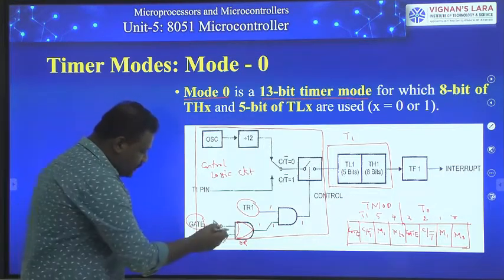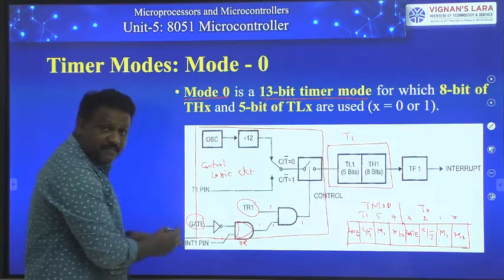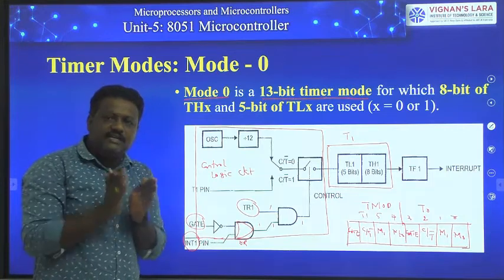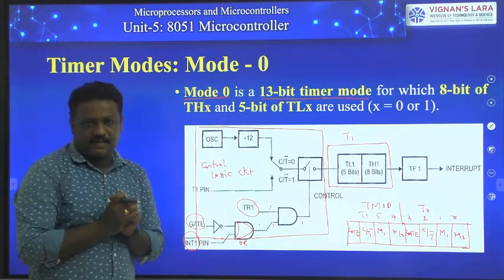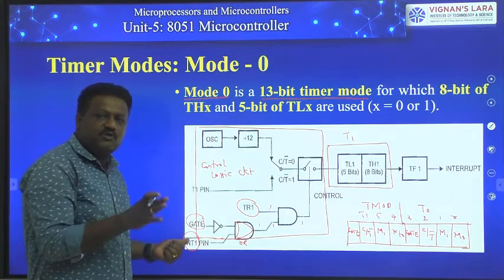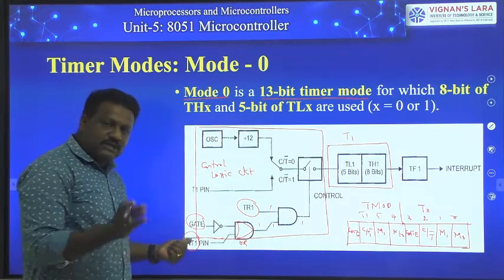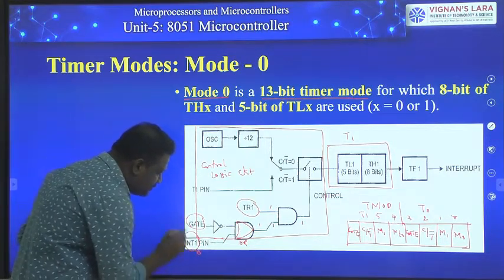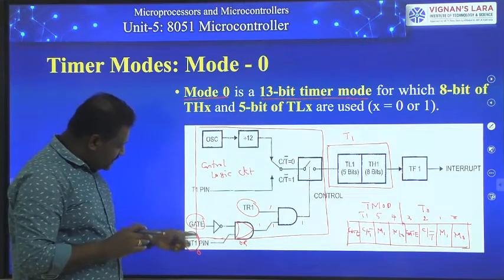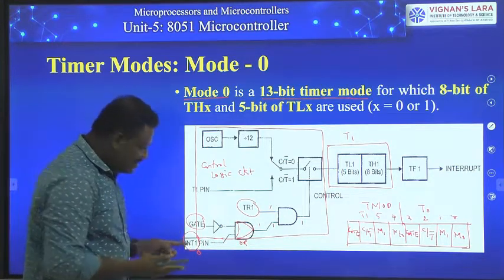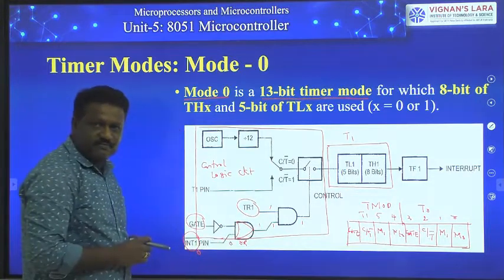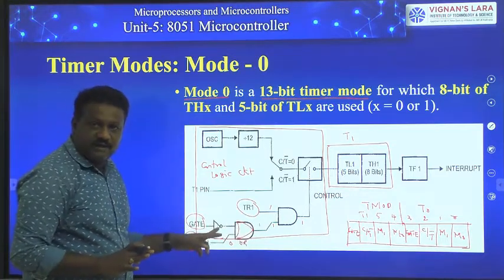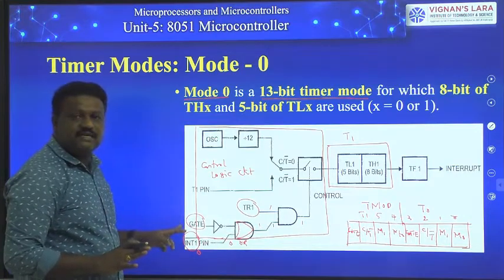See here friends, one input for this is INT1 bar. This is the signal which is useful for us to receive an interrupt from an external device. Again, it is a signal present on our port 3. Your controller identifies and receives an interrupt from an external device only when it identifies logic 0 on this pin. If it receives an interrupt over INT1 bar, the input of this OR gate is 0. Then the OR gate output depends purely on the second input. What is the second input? The second input is nothing but gate.